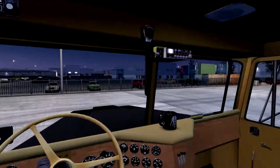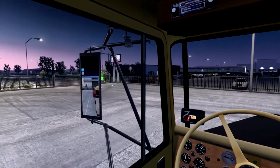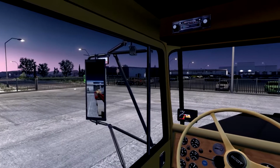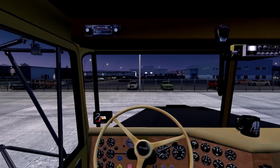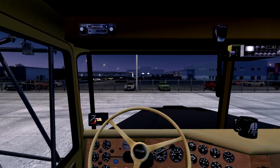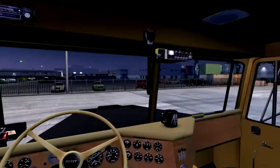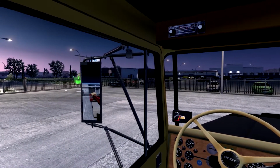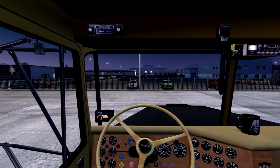So with this run we have, like it shows, two forklifts, and we're actually doing the opposite of my last video, where I took some limestone, I think is what it was, from Elko, Nevada to Salt Lake City. So now we're in Salt Lake City and we're taking some forklifts to Elko, Nevada, so kind of going outside of Utah. So we'll see a lot of what we saw in my last episode, but at the same time too,